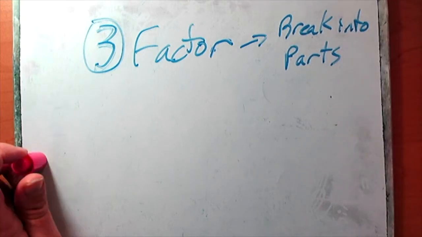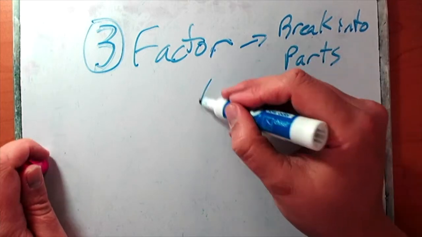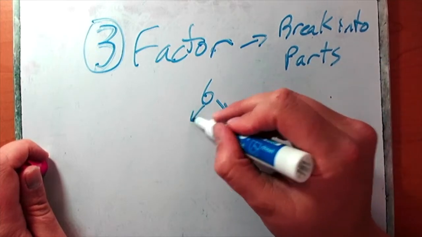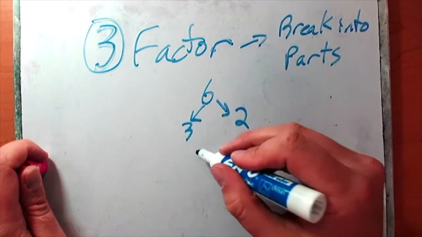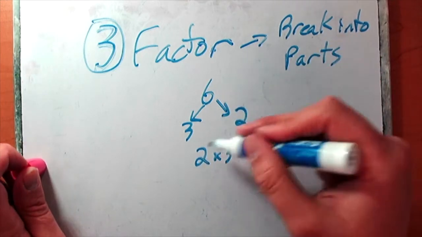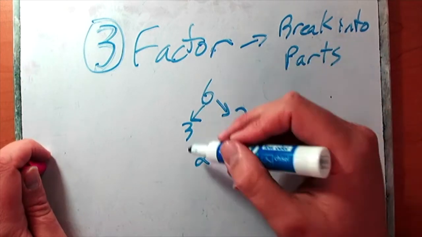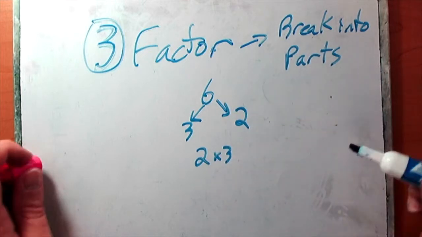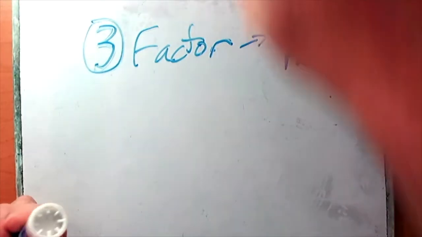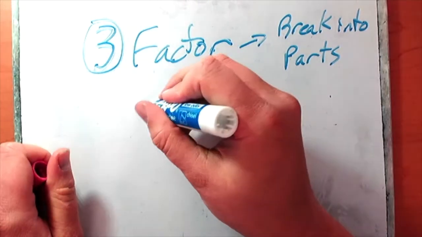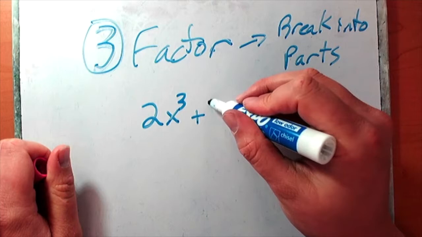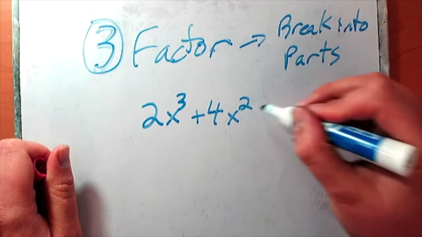So factoring, you might have 6 and you break it into 2 and 3. So 2 times 3 is 6, but if we factored 6, we'd break it into, this is called prime factoring, into its parts. For the question that we have, we are looking at this thing, 2x to the third plus 4x squared